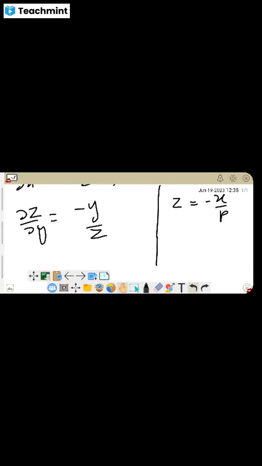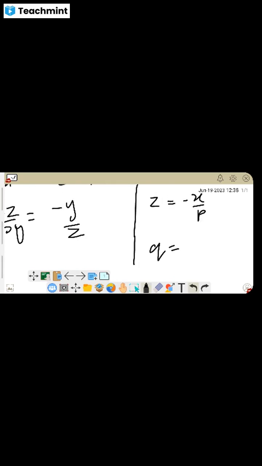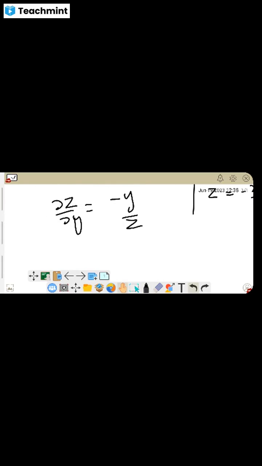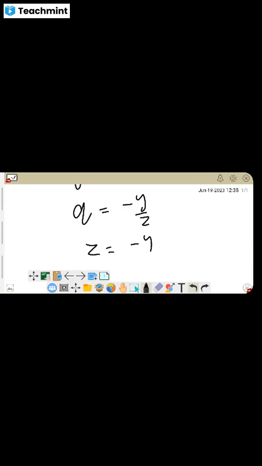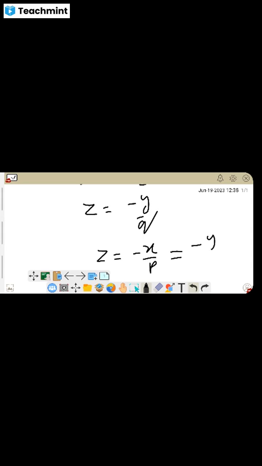And from here q is equal to minus y over z, and from here z is equal to minus y over q. So here z is equal to minus x over p is equal to minus y over q,